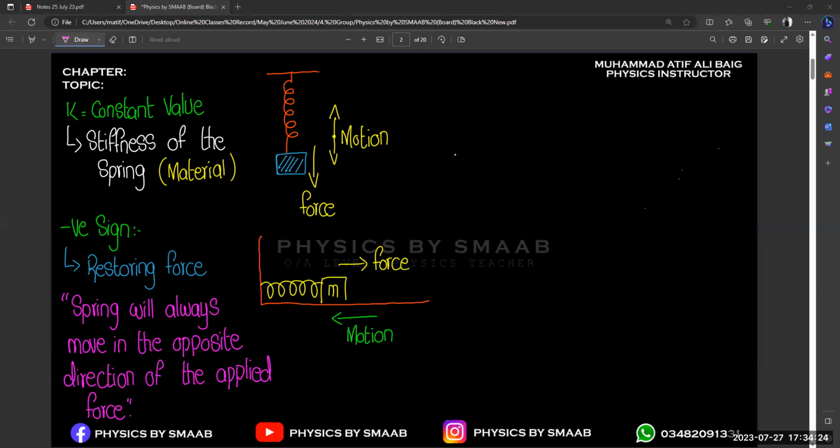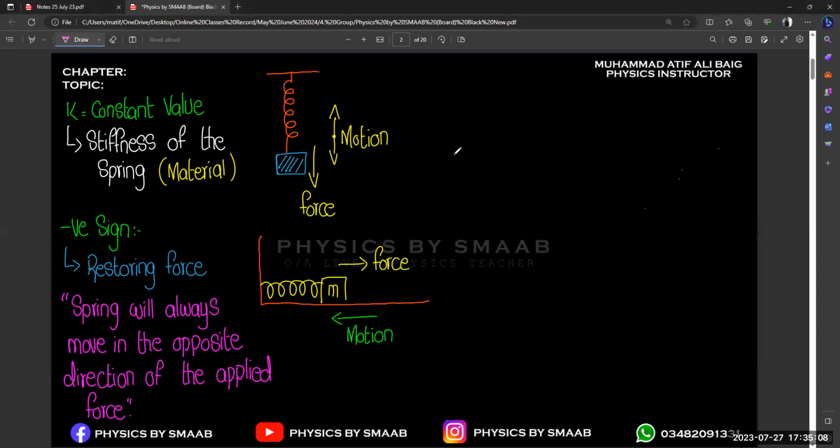Okay, let me tell you. You are getting confused about whether, when you are solving a question, we are going to use the negative sign or not, right? Suppose the question is only related to the magnitude, then ignore the negative sign, right? For example, suppose in the question they only ask about the extension,